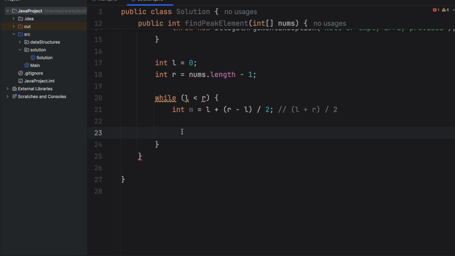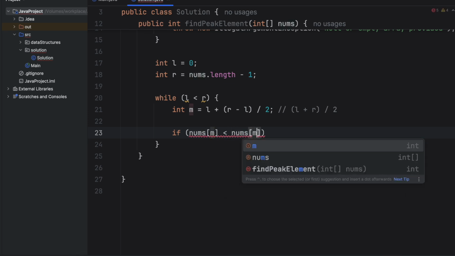So what do we need to check now? We need to check if the median value is on the part of the hill that goes up, or on the part of the hill that goes down. And depending on that check, we will decide whether we want to eliminate the left half or the right half of the array. So we will say something like this: if nums of M is strictly less than nums of M plus 1,